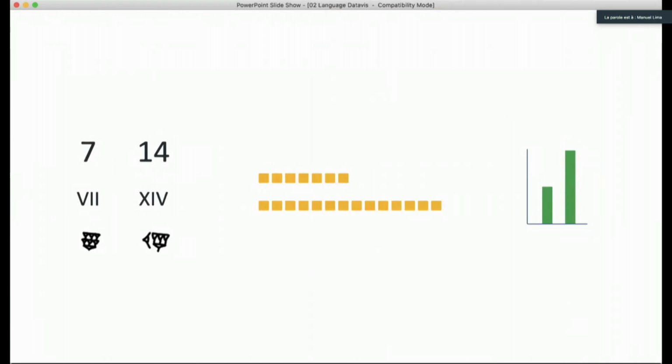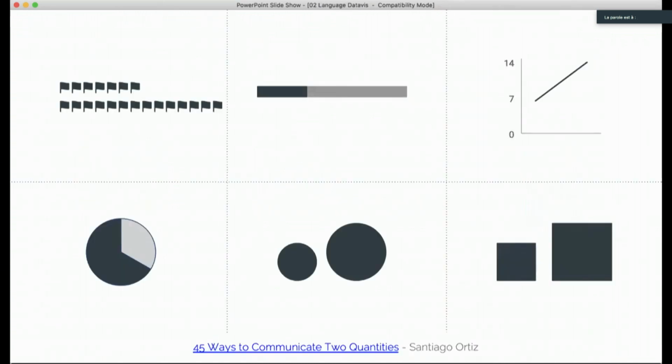So you could look at 7 and 14. 7 and 14, by the way, are numbers which are themselves already a visualization of a quantity, right? Because you could have used Roman numerals, you could have used Sumerian numbers, or any other sort of alphabet that we use today. You can use little boxes to represent quantities, the length of bars, the size of the shape, right, of a circle, of a box, of a rectangle, of a square,